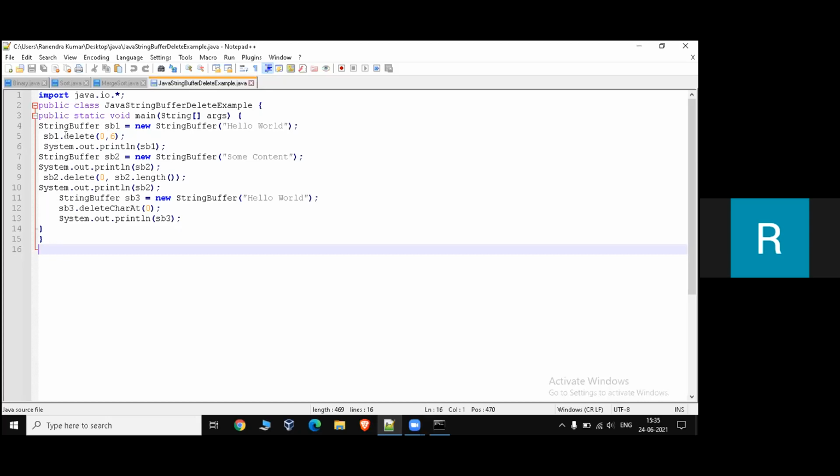This is the predefined method delete. This is the low index value and this is the high index value. The delete method is used to remove some text from the string based on the index values. From the starting index to the ending index minus 1 value, the string is removed.